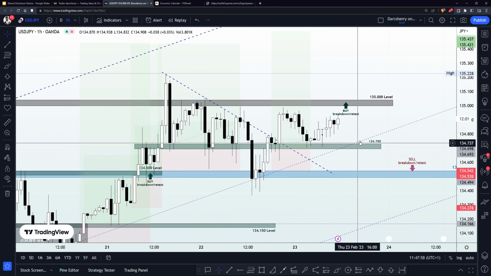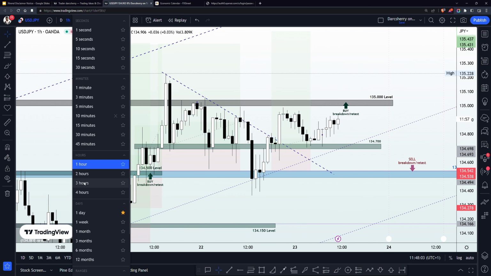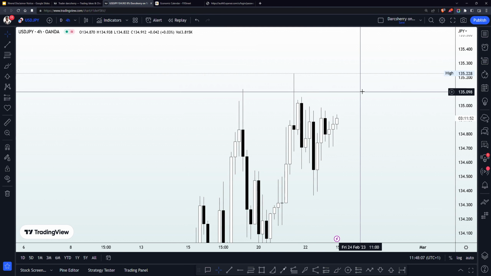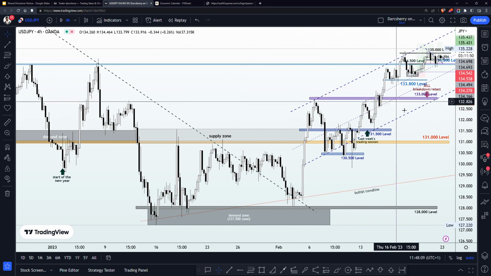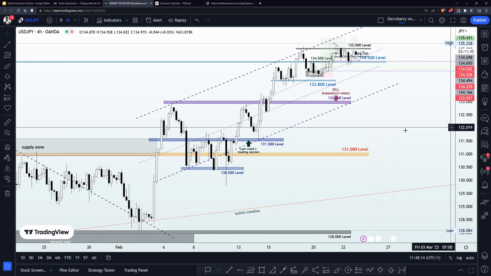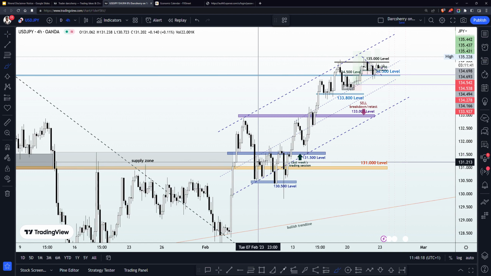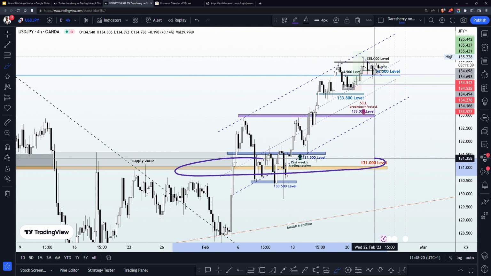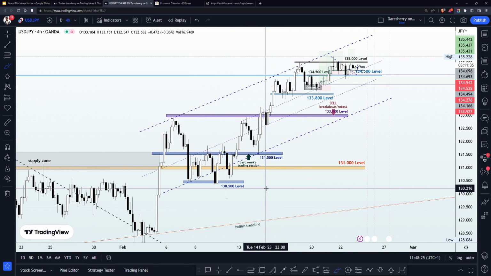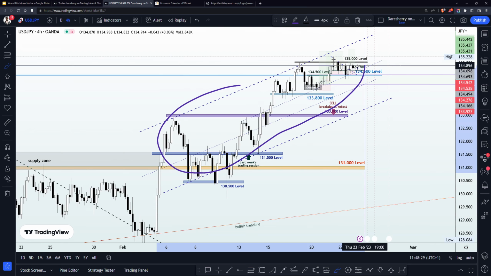Now, one thing about this structure here I would like to show you on the 4 hours time frame is the fact that since the beginning of this month, it has been quite bullish on the USDJPY. So this is what I saw here at the beginning on the 4 hours time frame. As you can see here, since the breakout of that important key level we identified on the daily time frame at the beginning of the week, you can see how price has transitioned into an ascending channel on the 4 hours time frame.